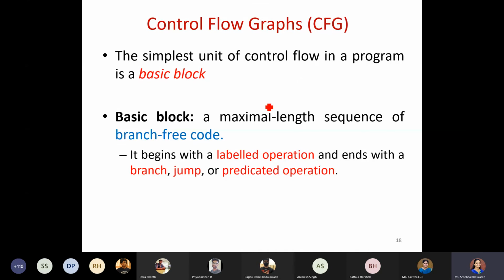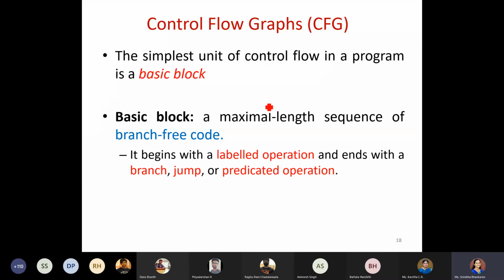Okay, and when you have these basic blocks, how do you move from one block to another? When you are moving from one block to another, either you will have some condition, or you are jumping, and then you have to use a label.